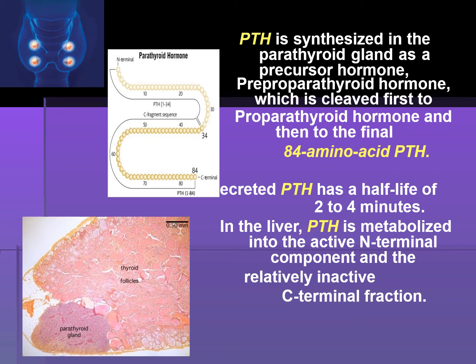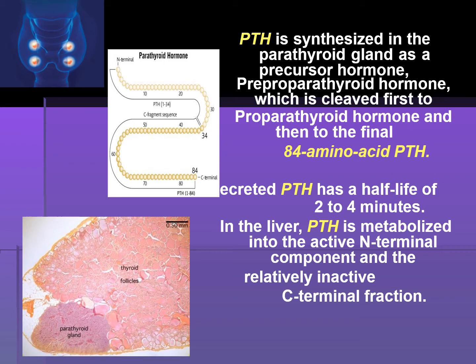The major function of the parathyroid gland is to maintain the body's calcium and phosphorus levels within a narrow range so that the nervous and muscular system can function properly. The parathyroid gland does this by secreting parathyroid hormone. Parathyroid hormone is a small protein that takes part in the control of calcium and phosphorus homeostasis as well as bone physiology. Parathyroid hormone is synthesized in the parathyroid gland as a precursor hormone known as pre-pro-parathyroid hormone, which is cleaved first